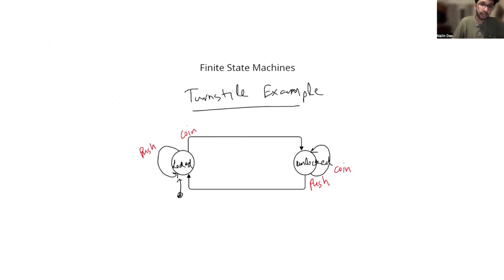For example, we have here the turnstile example, right? So let's say there are two states, locked and unlocked. So first time when the user inserts the coin, what happens is the state changes from locked to unlocked, right? Now, when the user pushes